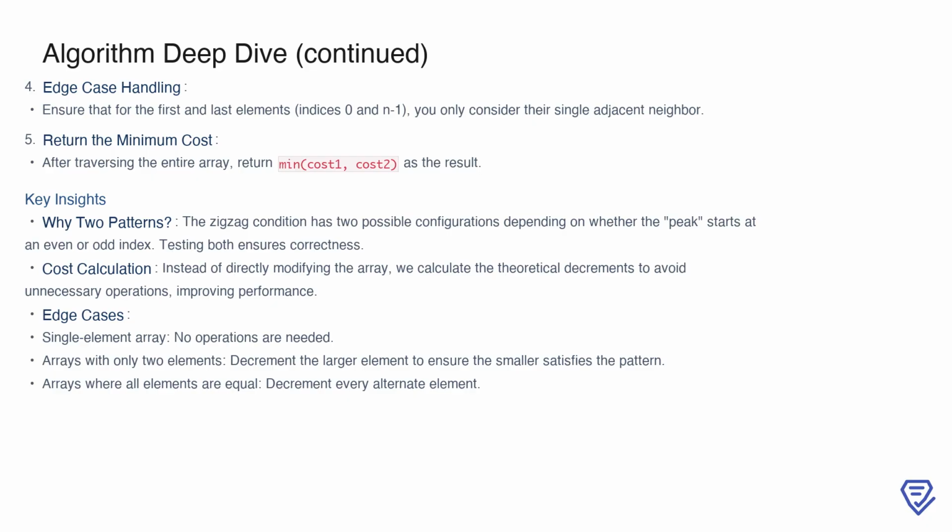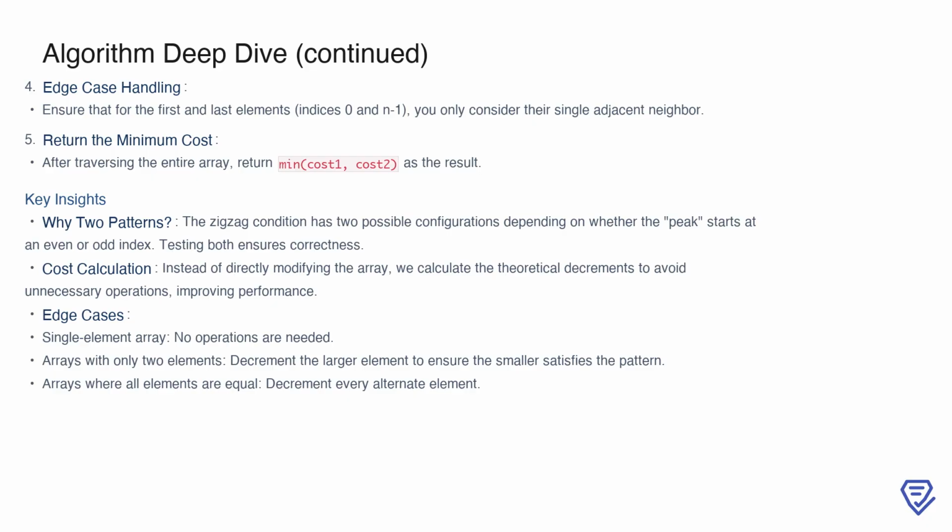For these indices, we compute the required decrements based solely on their single neighbor. Once we've processed all elements of the array, we return the smaller of cost1 and cost2 as our final result. This ensures that we've chosen the pattern with the minimum transformation cost. The two-pattern approach is necessary because there are two valid zigzag configurations, and testing both guarantees we find the optimal